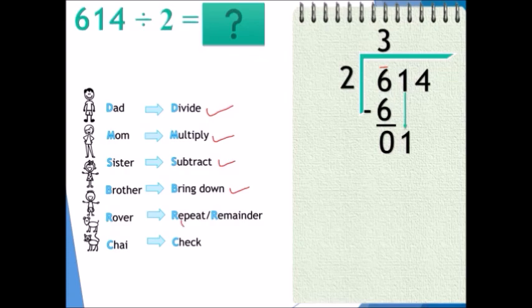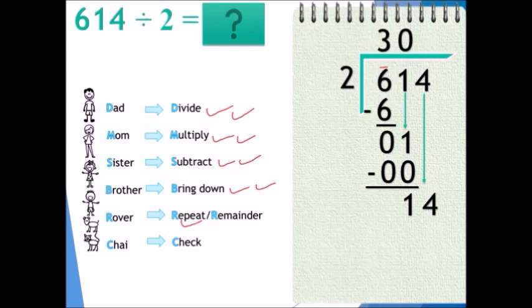Then repeat. 1 divided by 2 can't be done because 1 can't be shared equally among 2 groups. So we record a 0 in the quotient and we continue repeating the same steps. We multiply. 2 times 0 is 0. We subtract. 1 minus 0 is 1. Then bring down the 4. Now we have 14. You can think as you've regrouped 1 ten with 4 ones, and now you have 14